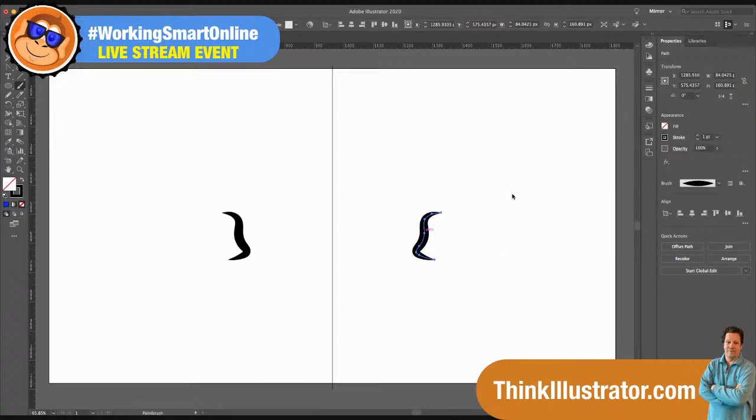So I'm going to go back to my Appearance menu and hit the Effects, Distort, and I'm going to go back to Transform, Reflect, One Copy. So now I can get all kinds of interesting artwork here, and I'm going to take this down. Now, another thing we can do, if my cursor is up inside the stroke, I can hit the up arrow to make it bigger, the down arrow to make it smaller. I'm going to go with, say,